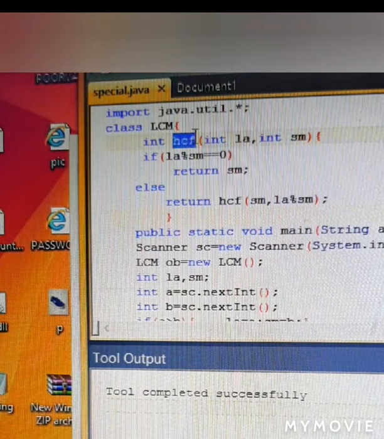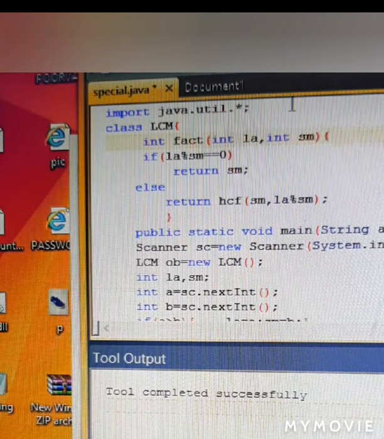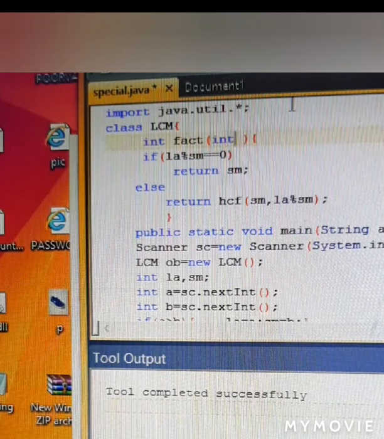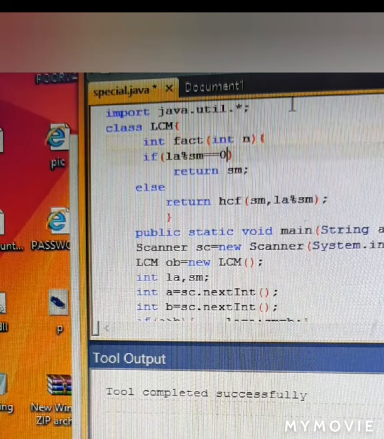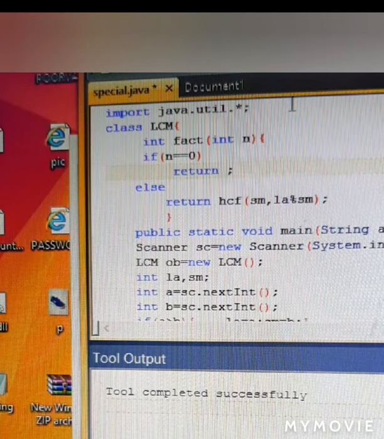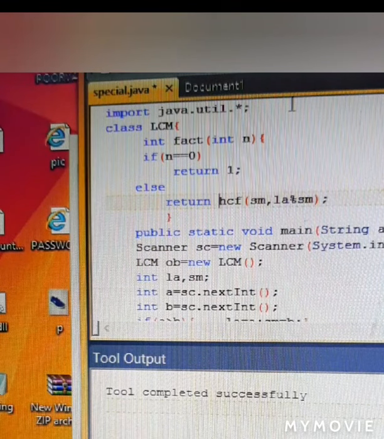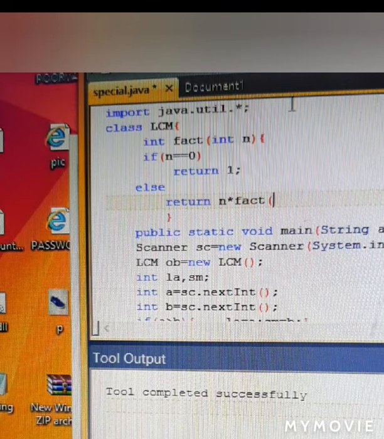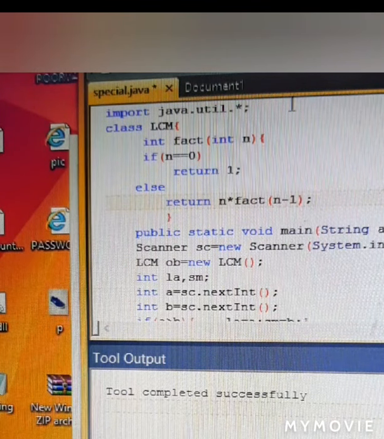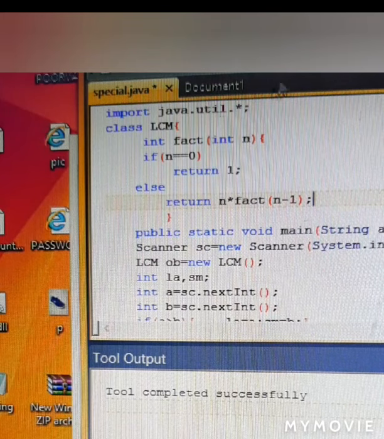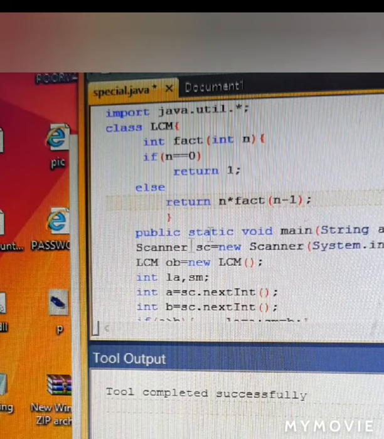So our first function will be int fact, which will be receiving a number and calculating recursively the factorial. And as I told you in my previous video also, if n is 0, then we'll return 1 because the factorial for 0 is 1. Otherwise, it will keep on multiplying and keeping into the memory, fact n minus 1. Those of you who haven't seen my first video on recursion, I'll give a link in the description box so that you can have a look at how I have explained factorial.